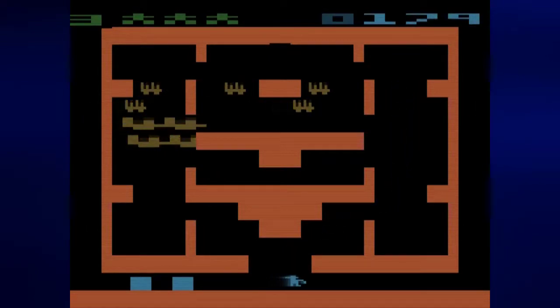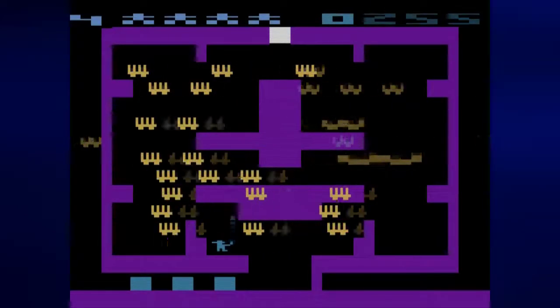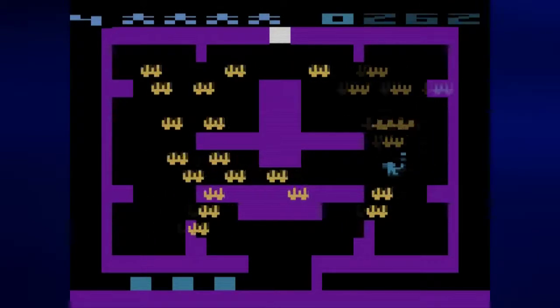The squares at the bottom are your lives. You run out of those, the game is over. And you run out of lives if the flames touch you in any way. Either you run into the flames or the flames run into you. And there's a lot of flames. And while you could